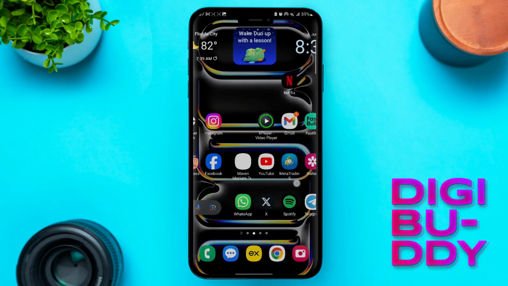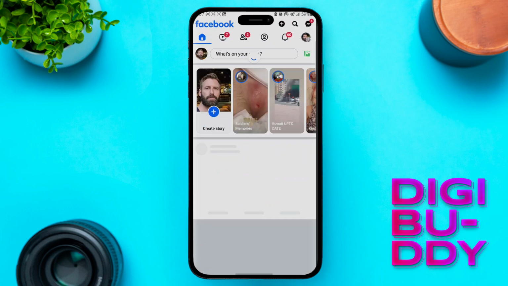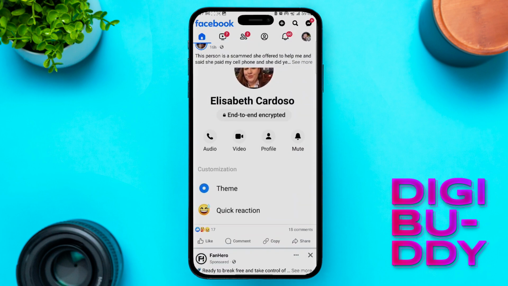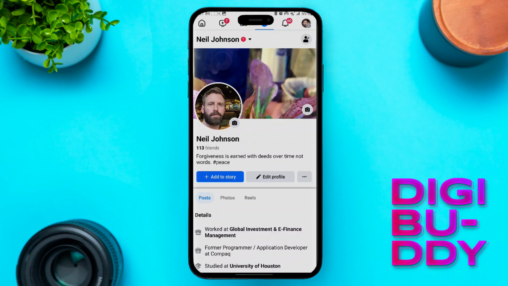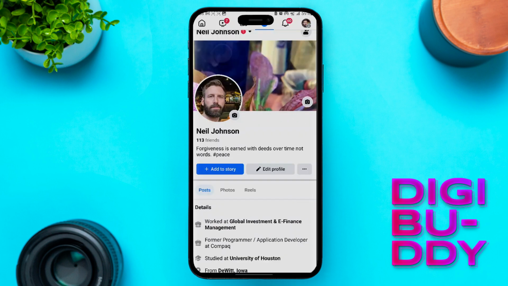So the first thing you want to do is open your Facebook app, alright? After opening your Facebook app, you want to click on this page right here. Once you do that, then you click on your name right here, alright? So the next thing you want to do is click on edit profile,